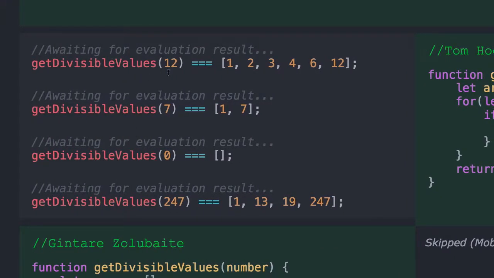Get divisible values. We have a number and we want to find all the divisible values. For 12, 1, 2, 3, what's the divisible number? It's a number where dividing the original number by that number gives a modulus of 0. So the modulus of dividing 12 and 1 is 0. The modulus of dividing 12 and 2 is 0. But the modulus of dividing 12 and 7 is